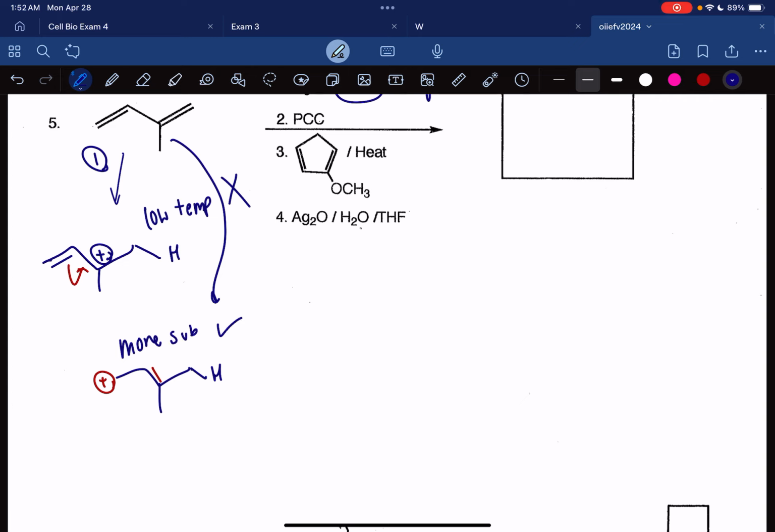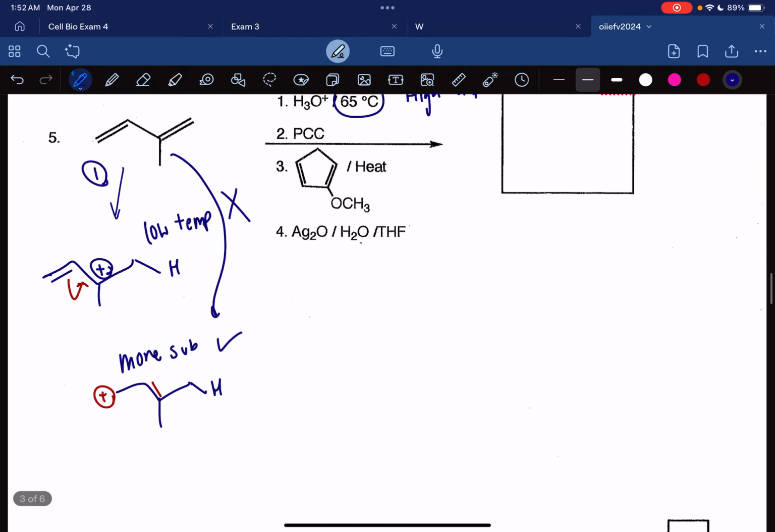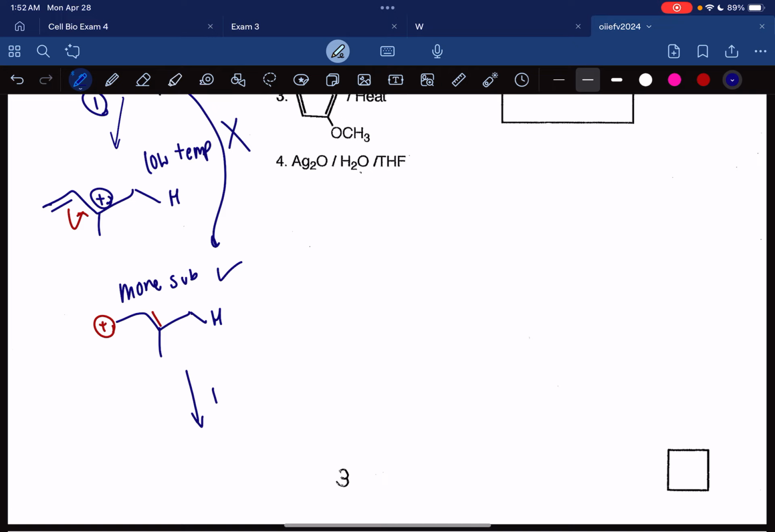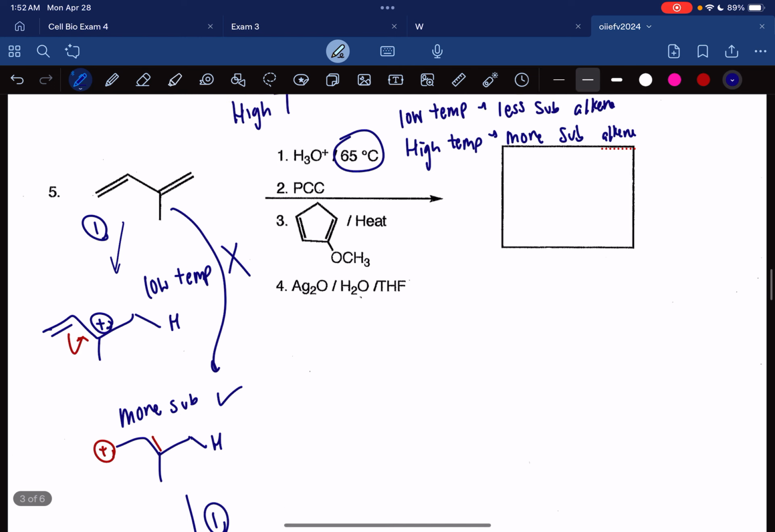So this is gonna be the right product. So let's redraw what this looks like and the product of actually step 1. So the actual product of step 1 is going to be an alcohol. So from step 1 we get this structure, alkene here, and then an OH wherever the plus is, because that's the reaction of H3O plus with an